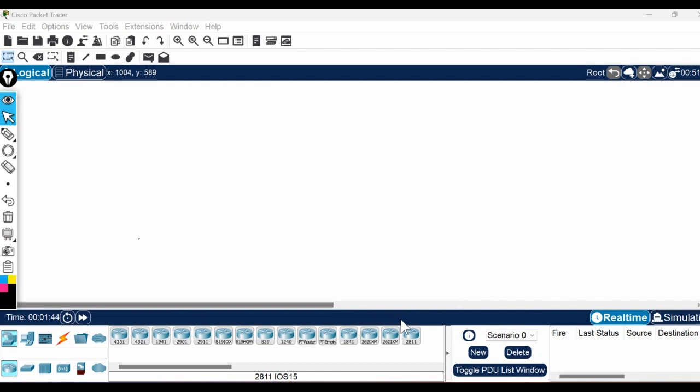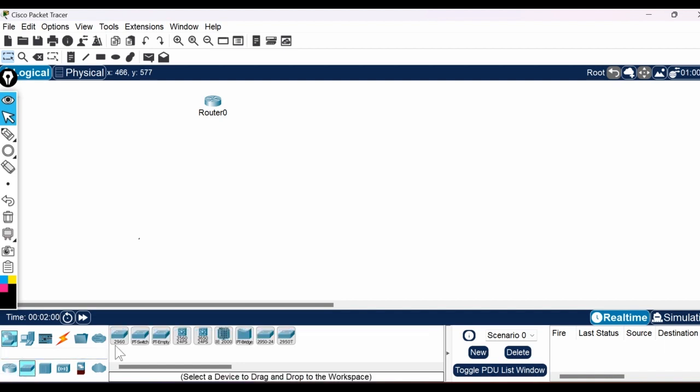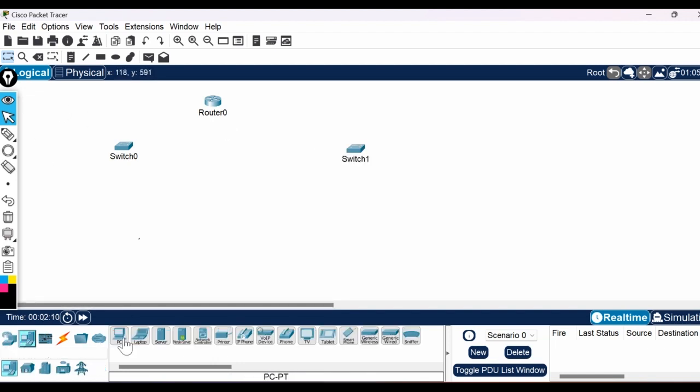In this chapter we will see the demo for IP routing. So I will take the same scenario as we have discussed in our previous video. I am taking a simple router, let's say just one router, and I'll take two switches, and I will take my end users, which are my PCs like PC0, PC1, PC2, PC3, like this,